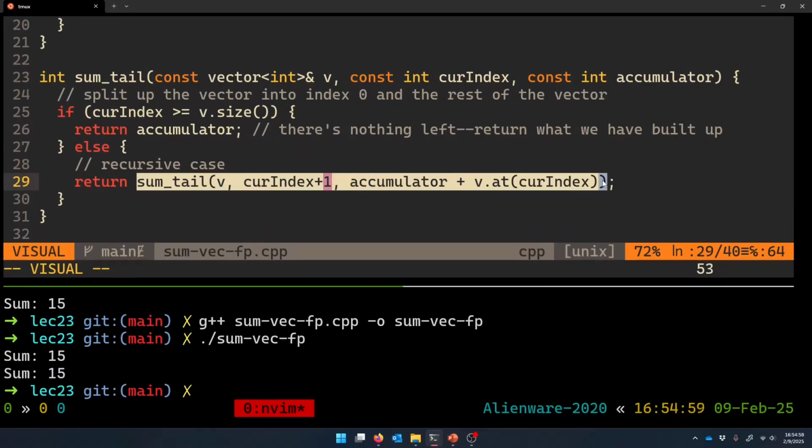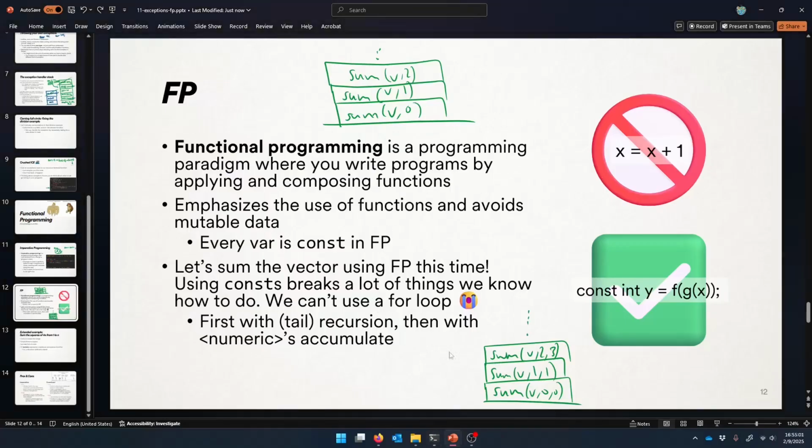That's what tail recursion is. Okay? So we don't even care about this original call anymore. Whatever this gives back is the final answer. And then we don't care about that call either, because whatever this gives back is the final answer, all the way to the base case. And so you can turn on tail recursion optimization in G++. You can say, notice this. Notice that there's no need for these stack frames anymore. Instead,